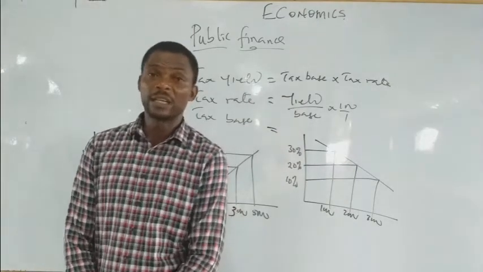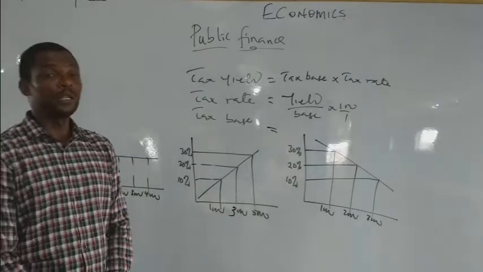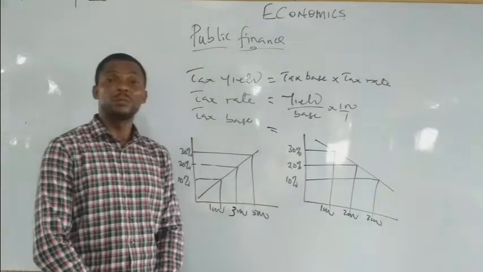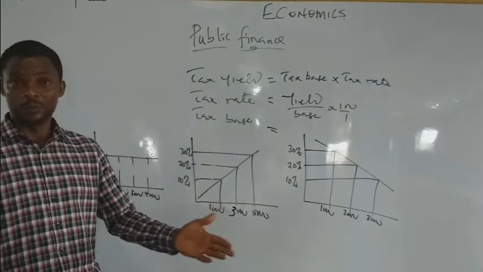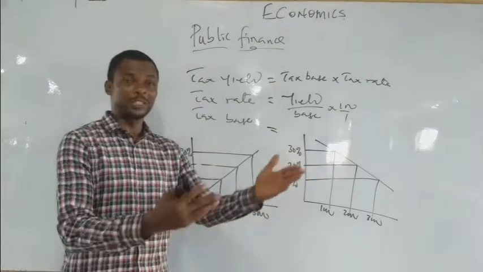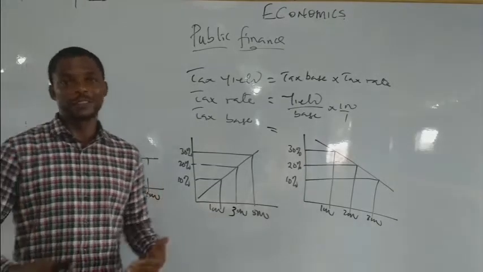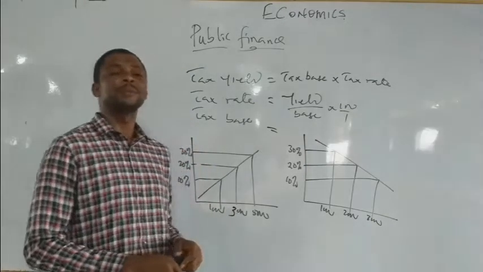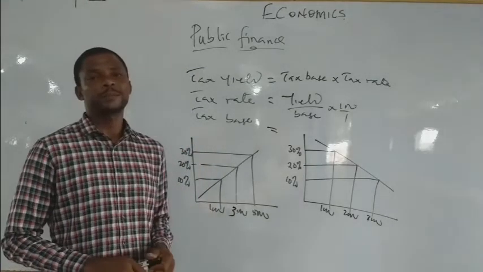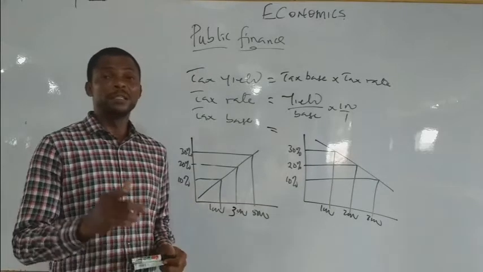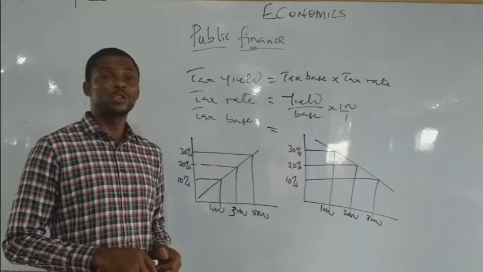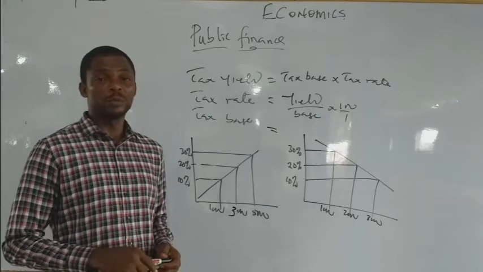Why sales tax? A tax that you pay for selling. Of course, you are making your money. The government is expected to get something from your revenue as well. So as you are smiling to your house, government is expected to be smiling as well. So the tax is called what? The sales tax.